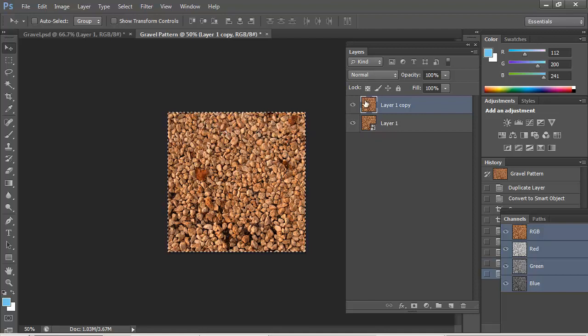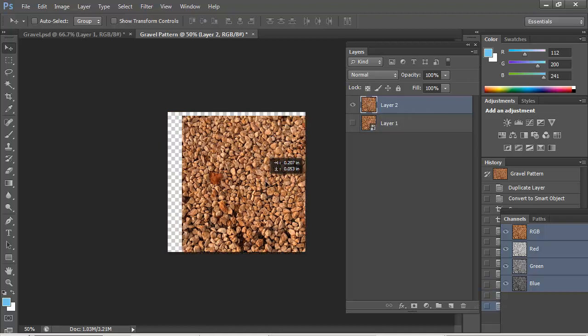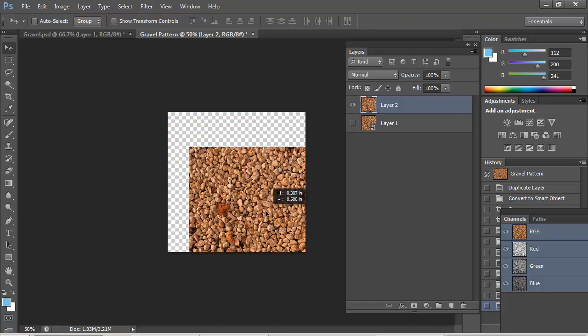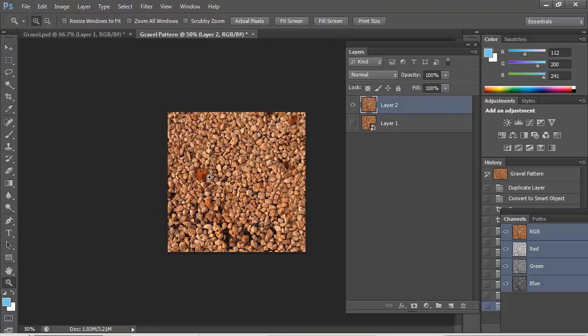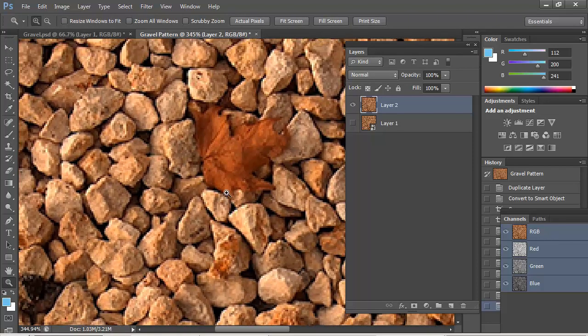The other thing you could do, just to confuse you and add 8 more things, you could do Control-A, Control-C, Control-V, which is actually really good in this case because we'll make sure to crop it down to exactly the size. So maybe that's the way to go in this one. All right, so